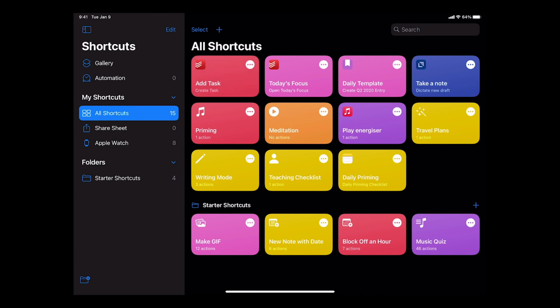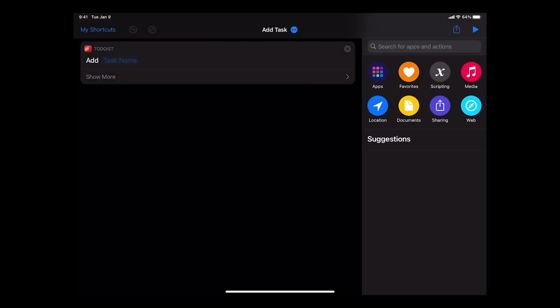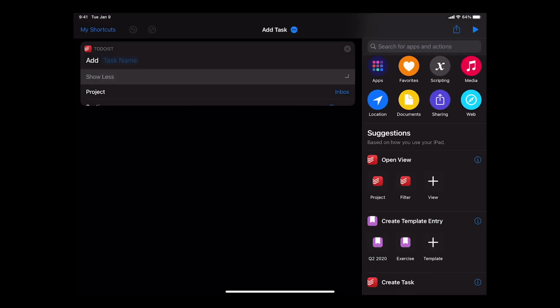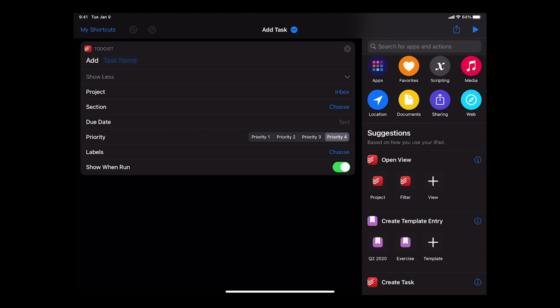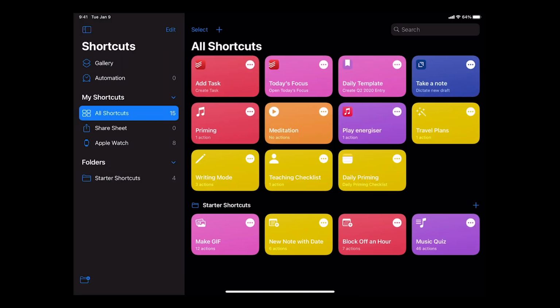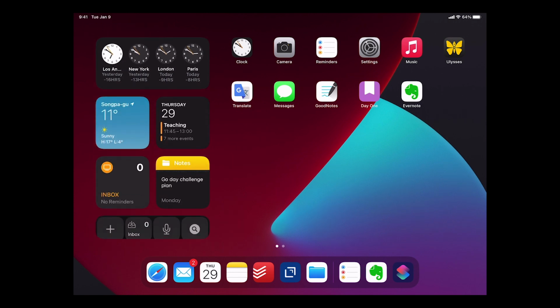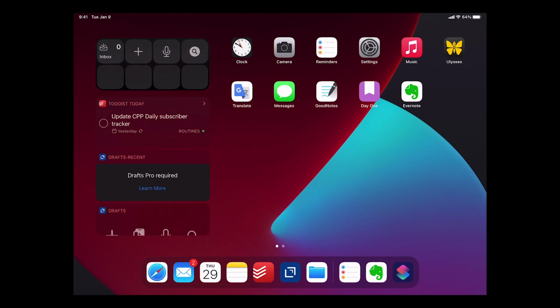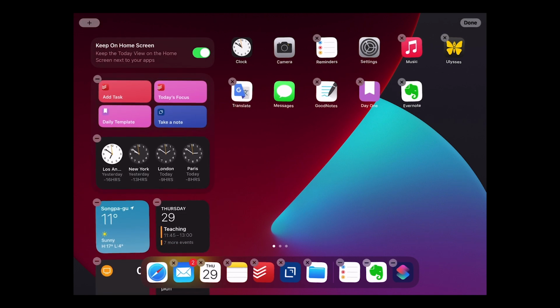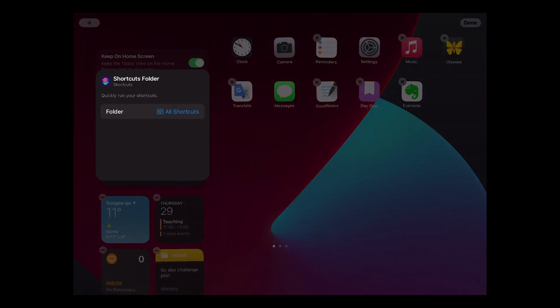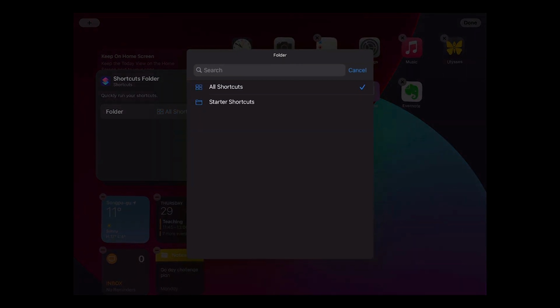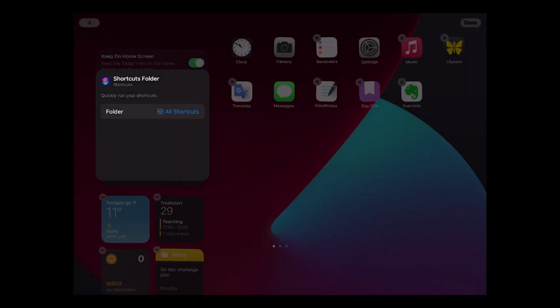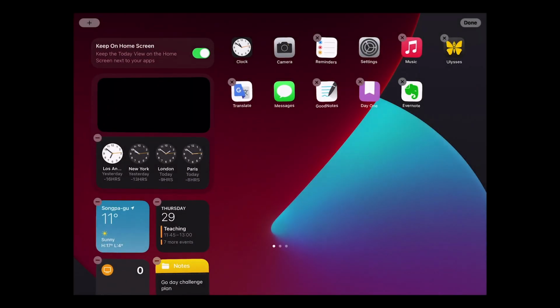So that's saved. And as you can see now, that's come up here, add shortcuts. So you have a few options when you get to here. You can actually put it somewhere and so on and so forth. What I'm going to do is come out of that. We're going to go into the widgets here. So if you drag up from the widgets and down here, I can click edit. And from here, if I tap that, I can go to all shortcuts. So you can actually find the shortcuts that you want. So that's done. All shortcuts. That's done. Yes. So tap that.